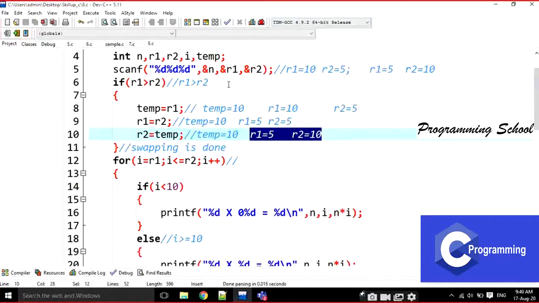First of all, what is the use of swapping here? Why am I writing swapping? That base condition we have to think. If R1 is greater than R2, at that position only I am going to swap these two numbers. I want to maintain every time smaller value and bigger value. That's why I am doing swapping, not for fun. Okay.